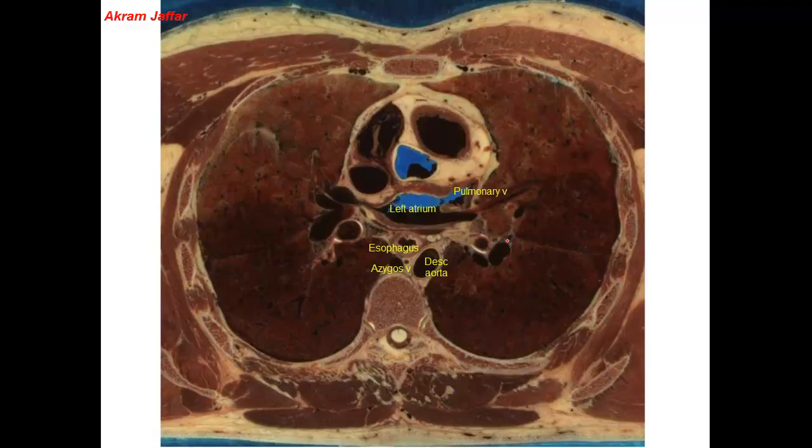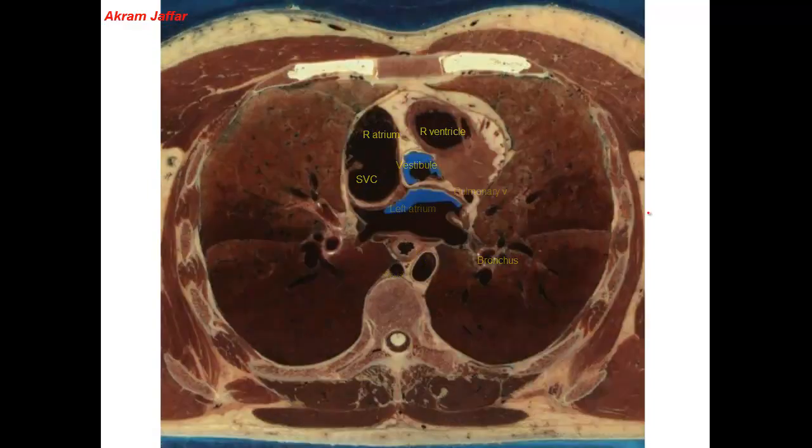If you look at the hilum again, you can also see the bronchi, which are characterized by the presence of multiple rings of cartilage. On the right side of the heart, this is the right atrium, receiving the superior vena cava. This is the right ventricle, the infundibulum of the right ventricle, and this is part of the left ventricle, the outflow tract of the left ventricle, which is the vestibule that gives rise to the